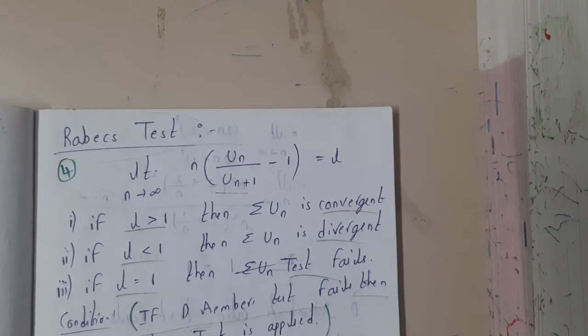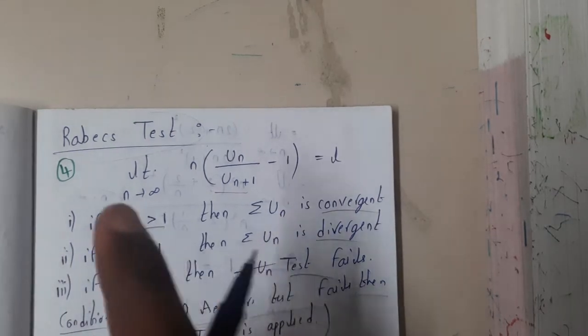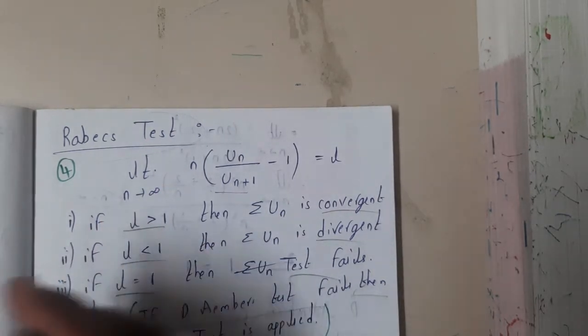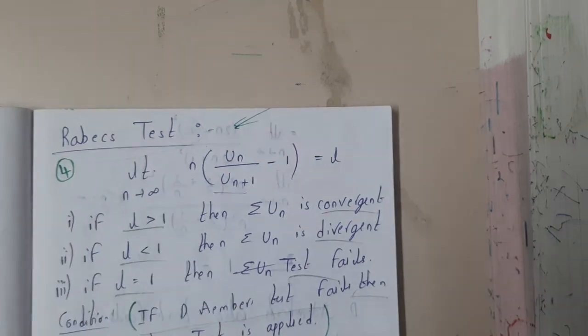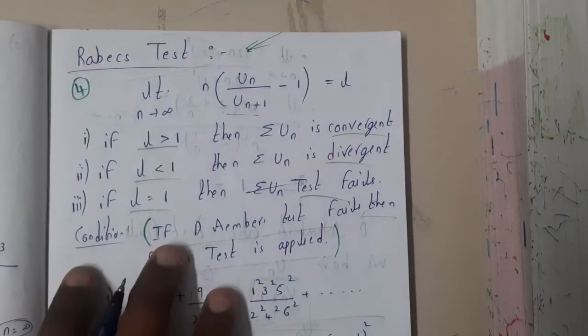Okay, yes. So you may have a doubt about what the situation is if it is equal to 1. If it is equal to 1, you will move on to the next method, that is nothing but the Raabe's test, guys. Okay, yes. So in the next lecture we will be discussing this test, guys.